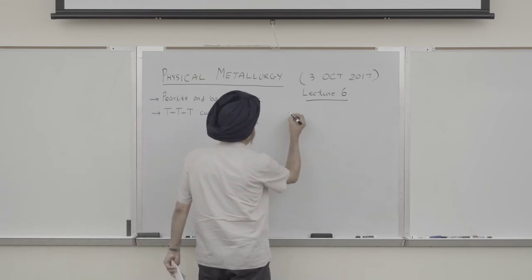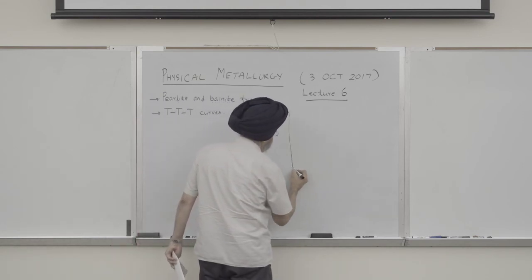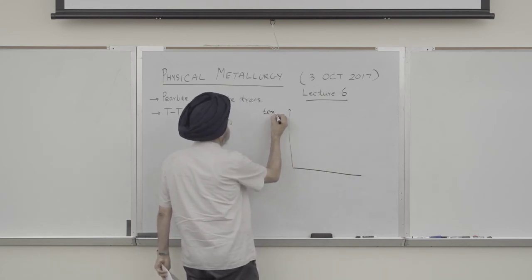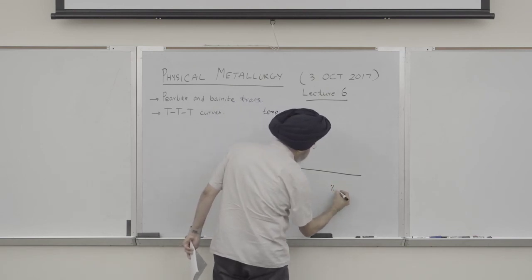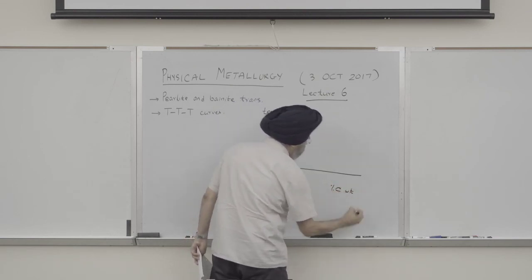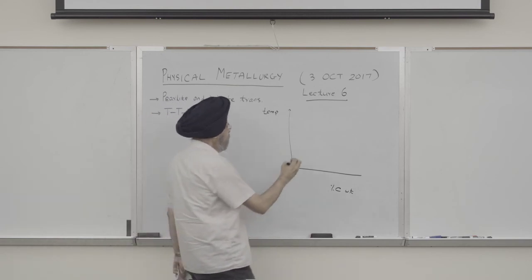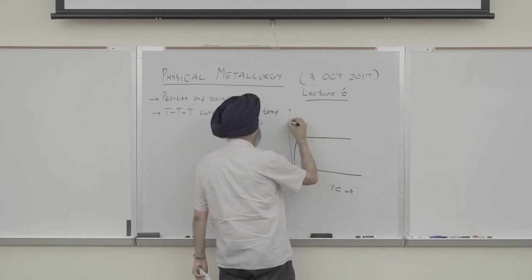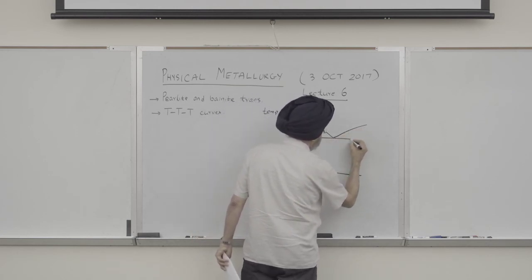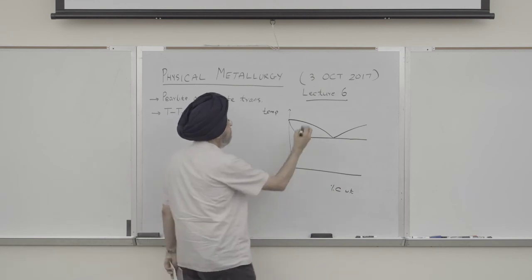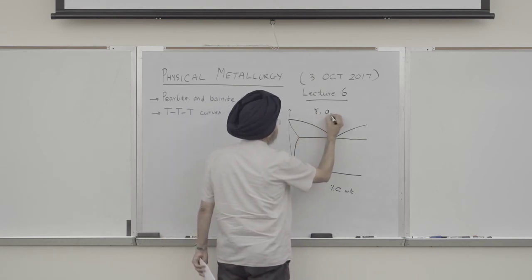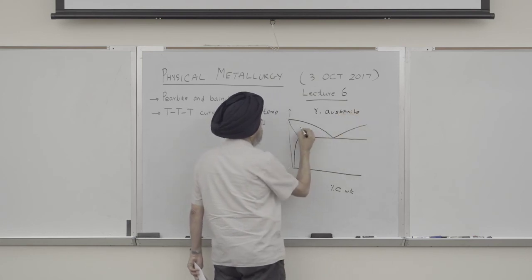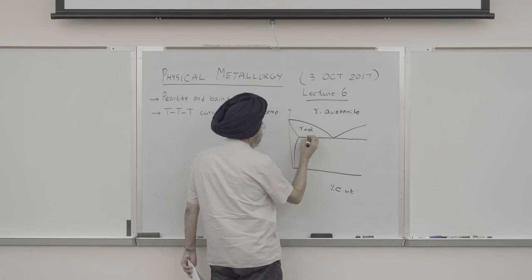So I'll draw the iron-carbon diagram. So the iron-carbon diagram has temperature on the vertical axis, percent carbon by weight on the horizontal axis, and we'll only draw the eutectoid portion of the diagram. So it's like this. This is gamma, which is austenite, and this is gamma plus alpha. Alpha is ferrite,